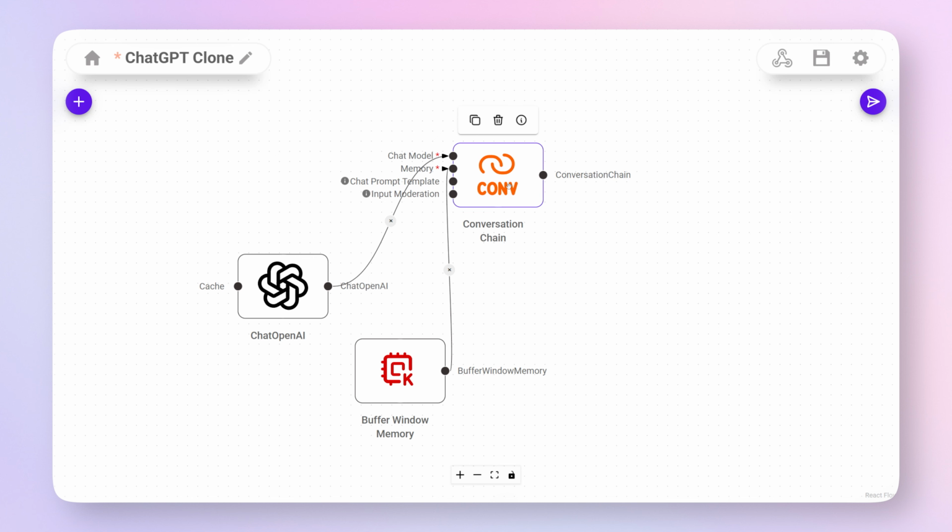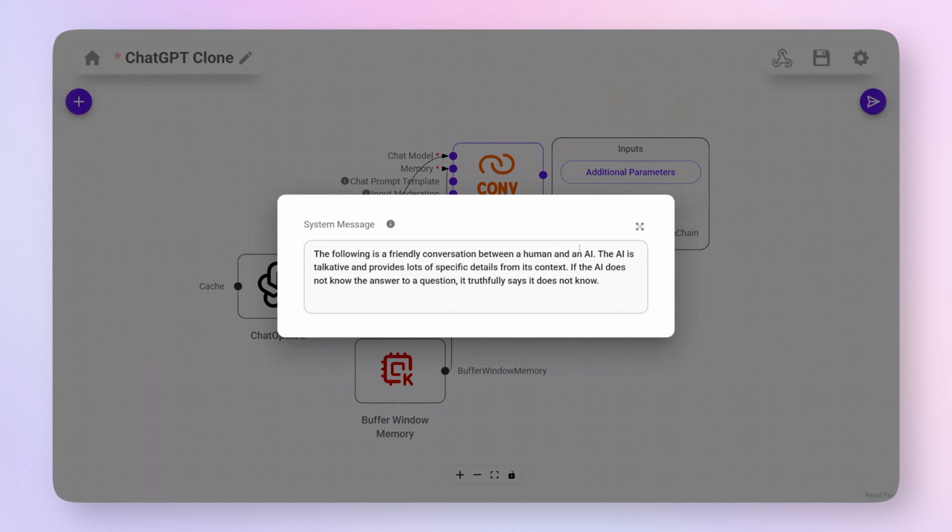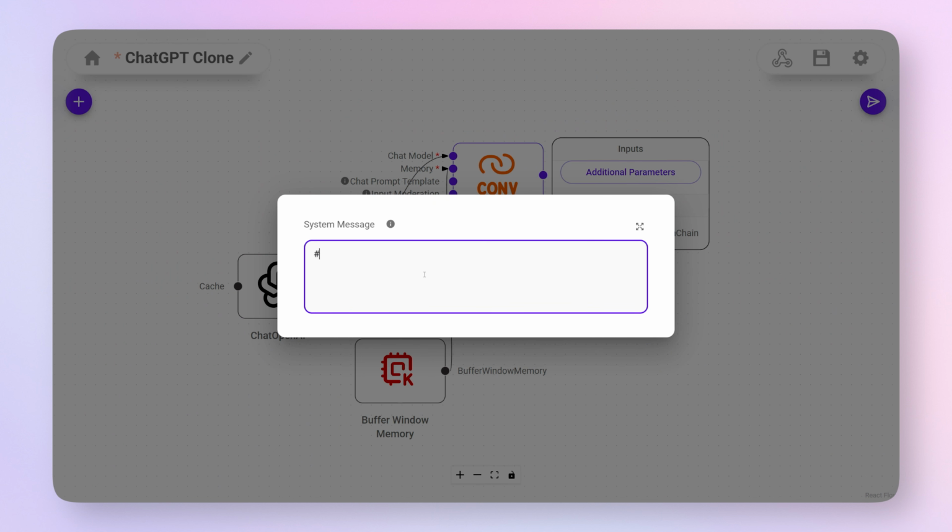Within the chain, we can click on additional parameters to change the system prompt. We can use the system prompt to change the behavior and persona of the chatbot. And we can also specify additional things. But the way I like to do this is to start with the hashtag, which is really a markup syntax for a paragraph heading. Then we can call this role, and below this we can enter something like: your name is Muk1 chatbot, respond in camel case with emoji.